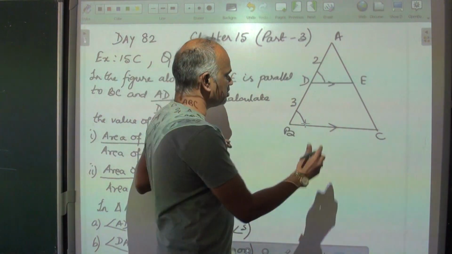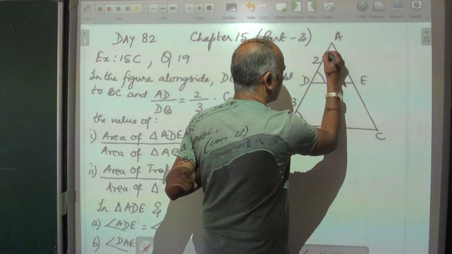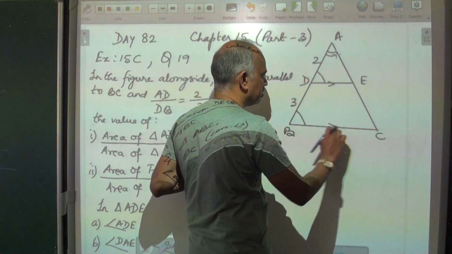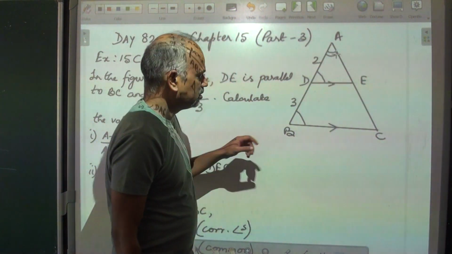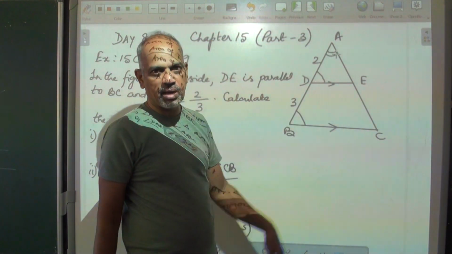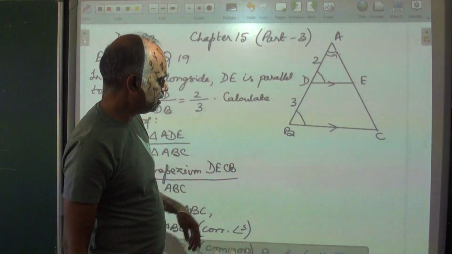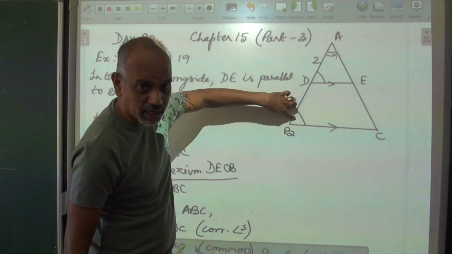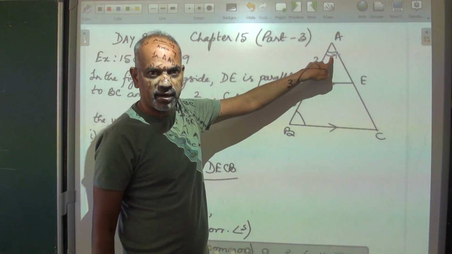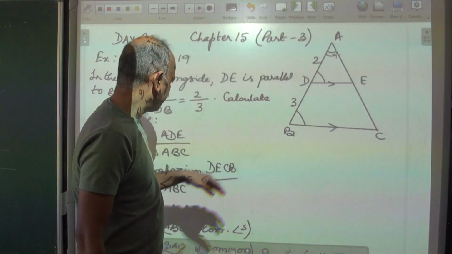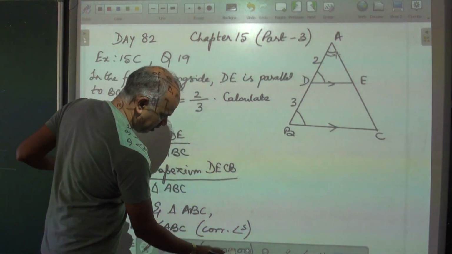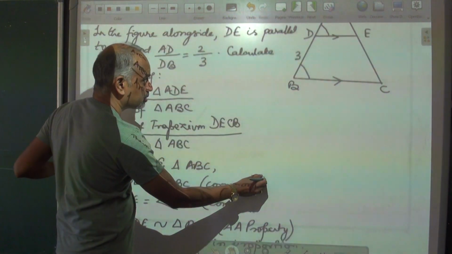The second angle which is the same is angle A, which is there in the small one. It is also present in the bigger one. You could have also marked this one, but it's enough to mark two of them. So this and this are equal, corresponding angles, and that is the common angle which is there in both the triangles. So let's write the proof of similarity first.